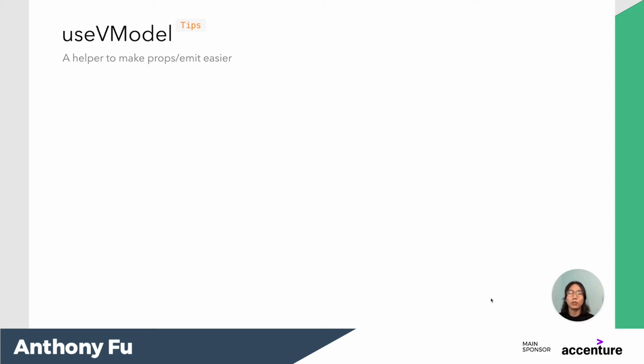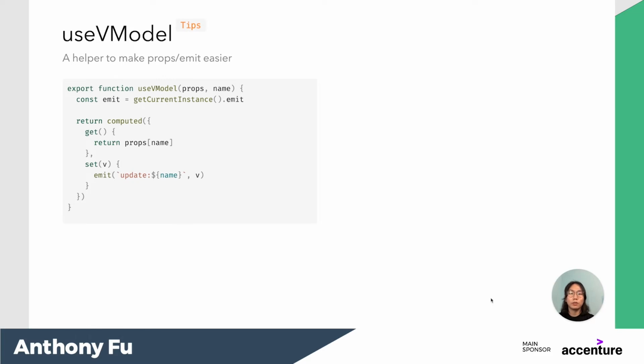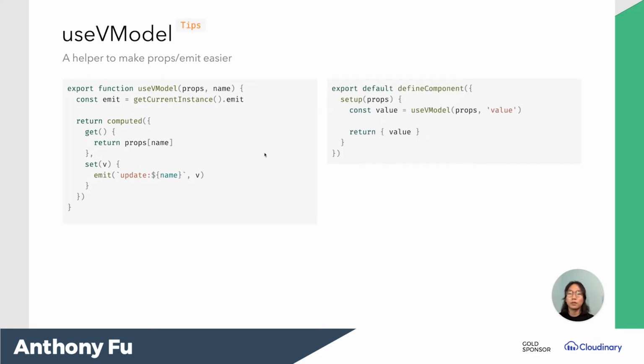One last tip I'd like to share is a utility called useVModel. It's actually a simple wrap of component models to bind with props and emit, but it's a lifesaver to me. We can take a look at the code. You can see we use a writable computed. When accessing the value, we forward the value of props to it, and when writing, we emit the update event automatically, so you can use it as a normal ref. Even more, we can bind it to the children's elements' v-models very easily.